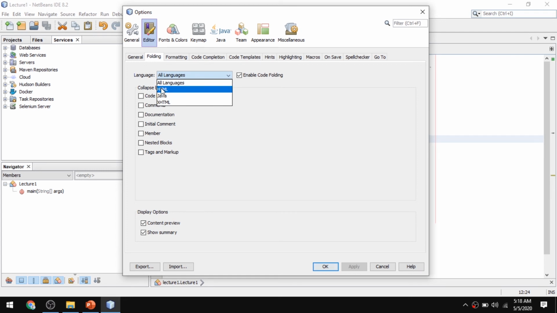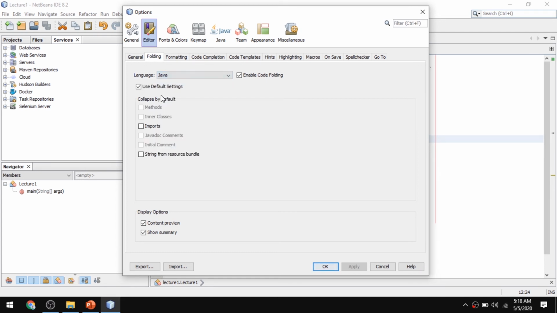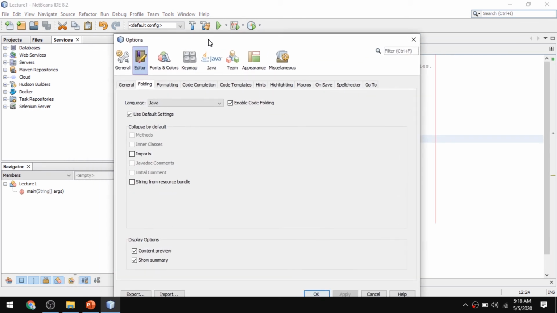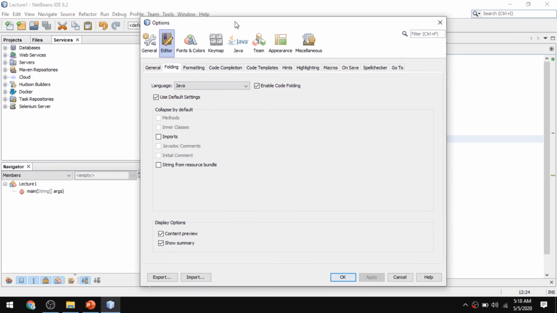As we are developing Java, we will select Java, and you can see that we can fold imports and strings from resources. I mean to say these foldings. When you click on this it actually folds the code between that particular block of code. So it helps when there are huge files.